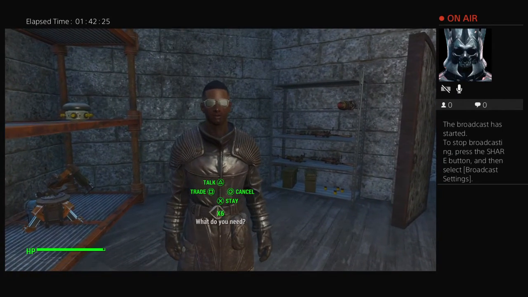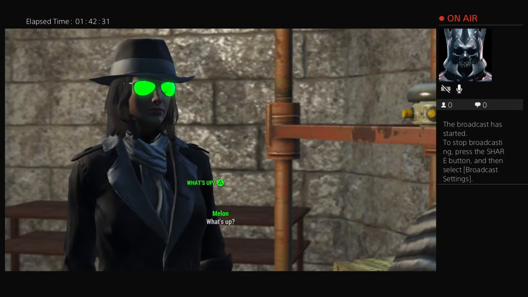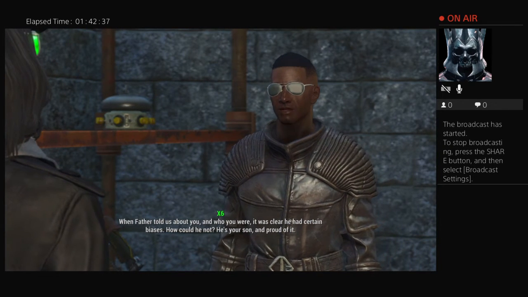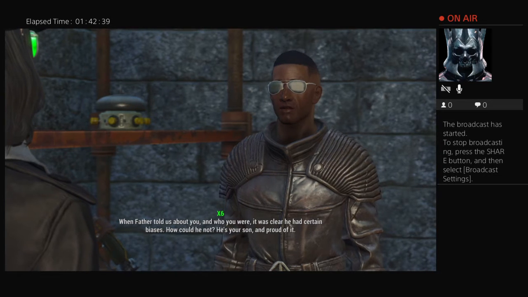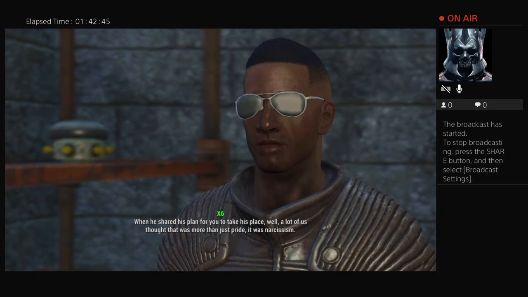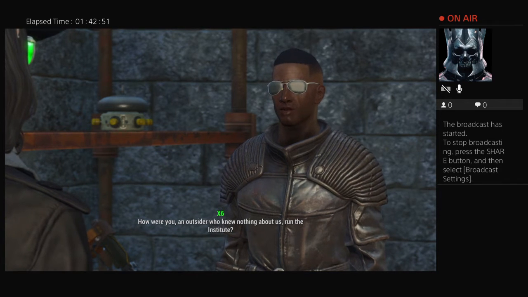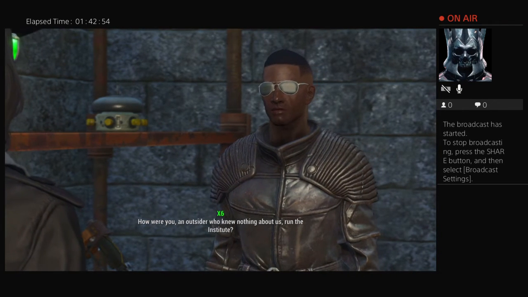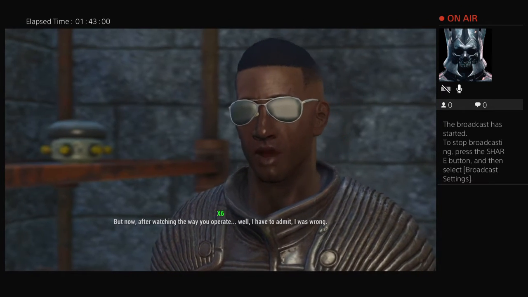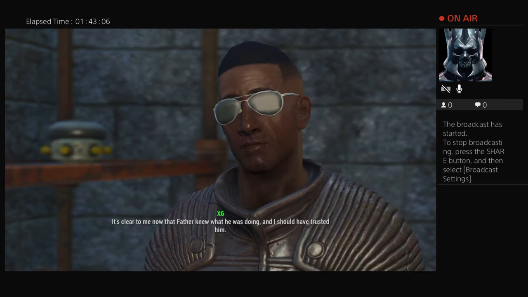Hey, what do you need? X688. Got a minute to talk, man? Always for you. What's up, X6? When Father told us about you and who you were, it was clear he had certain biases. How could he not? He's your son, and proud of it. When he showed us the way to make his plan, a lot of us thought that was more than just pride. It was narcissism. How would you, an outsider who knew nothing about us, run the Institute? We all had our doubts. Me, maybe more than most. But now, after watching the way you operate, well, I have to admit, I was wrong. It's clear to me now that Father...